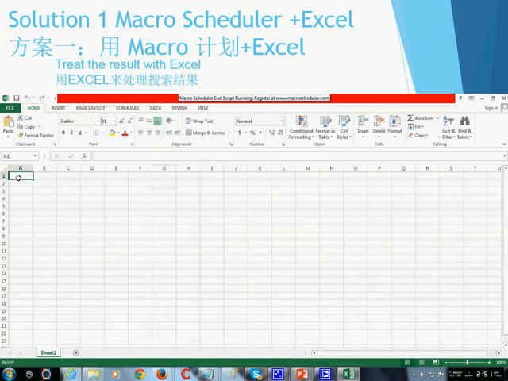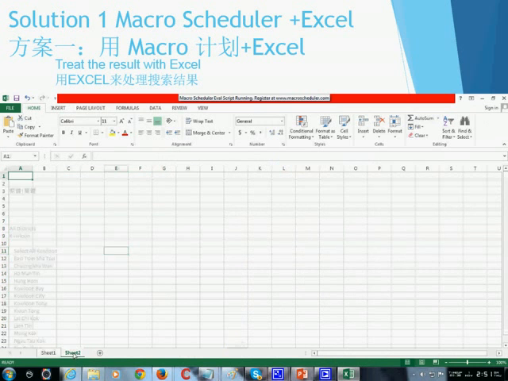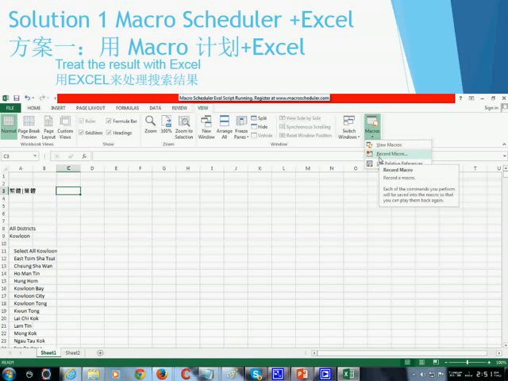So on Excel you paste all the information. You create a new page on Excel. Here you have everything. And what you do is you ask for a new macro. An Excel macro is Visual Basic. Do you know Visual Basic? It's not very complex. So you record a macro,